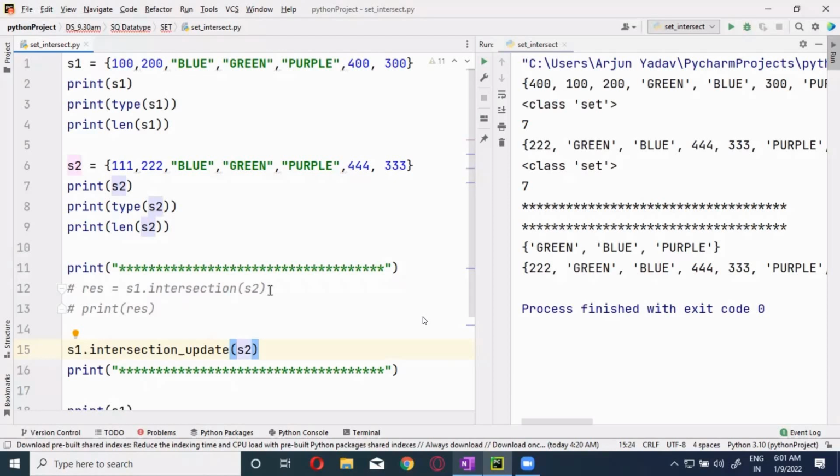There is something called symmetric difference. What does difference do? It will give us the unique values from the primary set, whichever set is calling the difference function. Only unique values will be given from that. When you do the symmetric difference, it will get the unique values from the primary set as well as the secondary set. From both the sets, it will get the unique values, that is, not the common values from both the sets. Okay, now let me do that one.